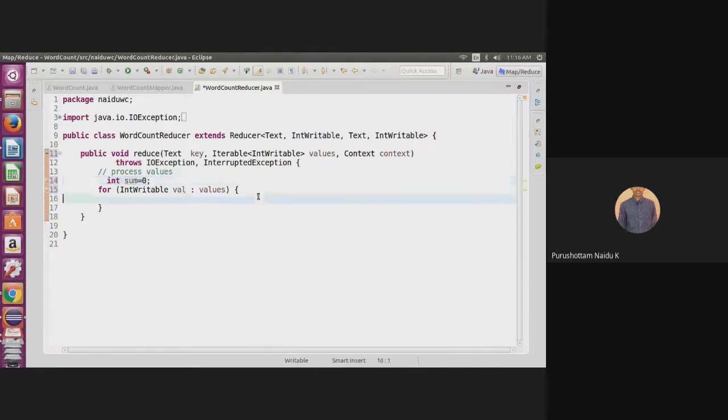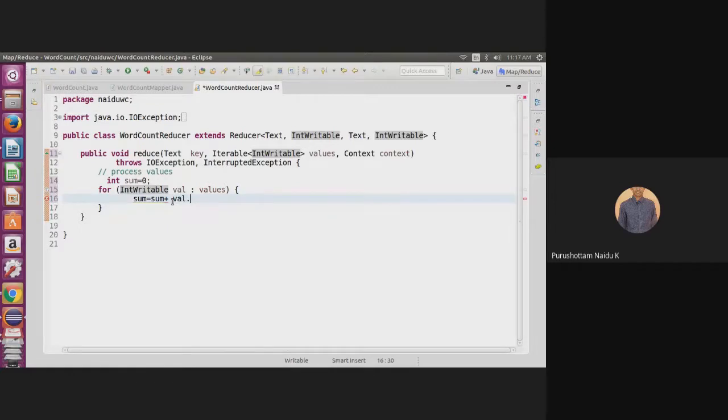Okay, so now what I can do is sum equals sum plus each and every value from this set. These values are of which type? Object types. If you want to get from the object type to integer type values, we use the value dot get method.